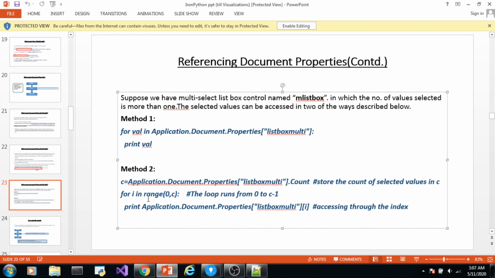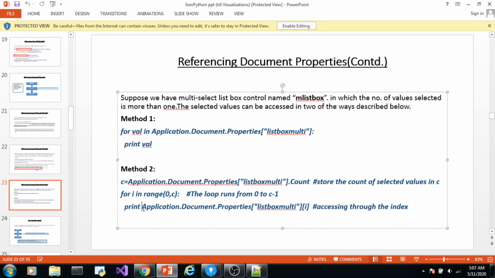Now for each run of the loop, i will refer to 0, 1, 2, 3 till the number of elements -1, and those are the indices. Now how do we access each value in a list? Name of the list followed by the index. So in every run of the loop, i contains an index, a value which can be used as an index.